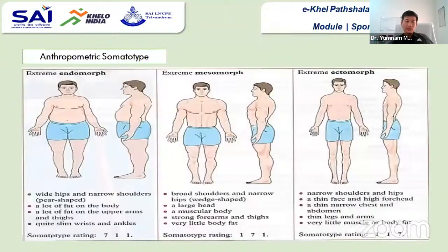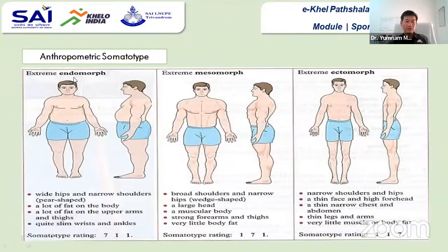So these are the early views, and now anthropometric somatotype is quite related with the sport arena. So what is somatotype? It means rating of body, or typing of body, or classification of body. What is your present observed component? Like how you identify your structure. In that case, endomorph is there, mesomorph is there, ectomorph is there. So there are three components in our body, and the classification of the body is by rating of these three components.